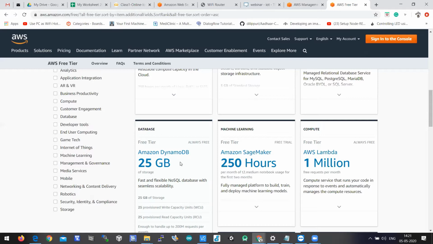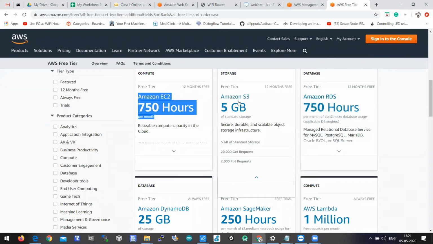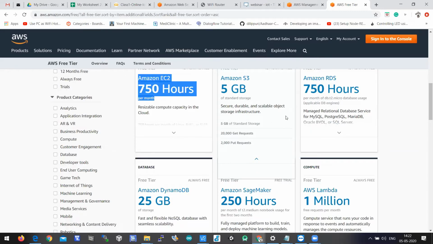So the DynamoDB is 25 GB, and we also have the other database, 750 hours per month, it is free. This is the database server where you can run the database server for 750 hours for free. And we also have S3, which is a storage service that works like Google Drive where you can store your files. It is 5 GB, free for 1 year.